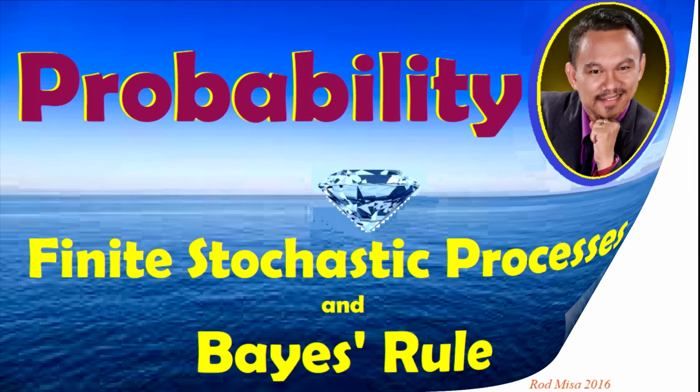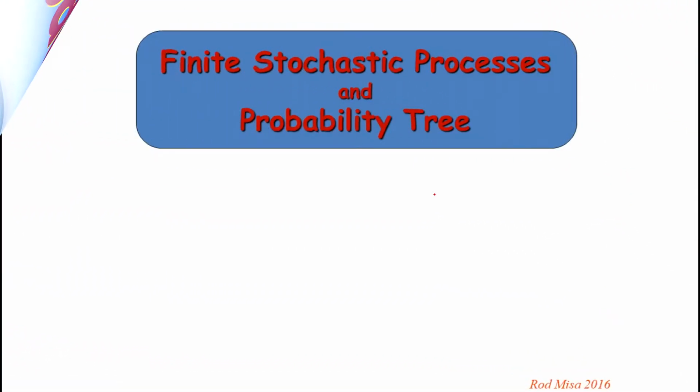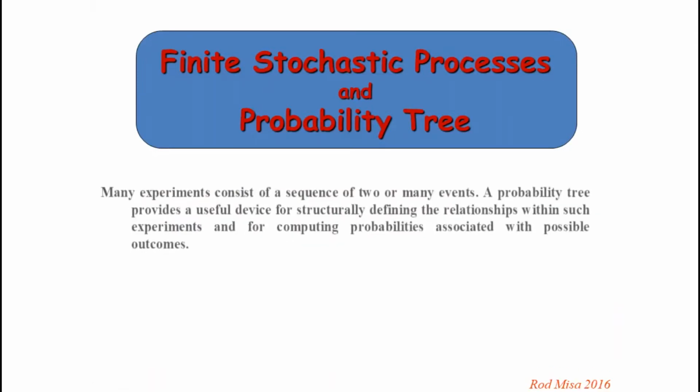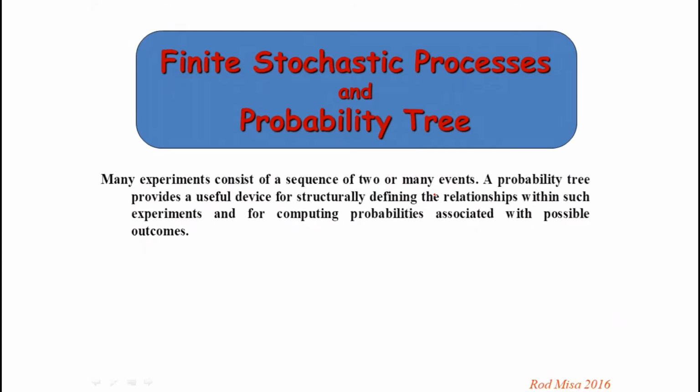In this video, I will be discussing stochastic processes and probability trees. After discussing these finite stochastic processes, we can discuss the total probability and the Bayes theorem by Thomas Bayes. We observe that many experiments consist of a sequence of two or more events. A probability tree provides a useful device for structurally defining the relationships within such experiments and for computing probabilities associated